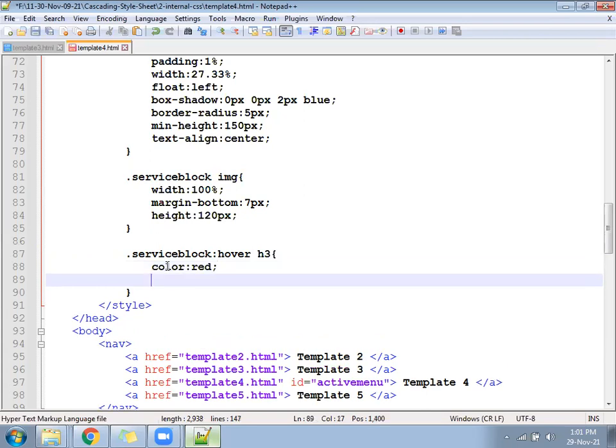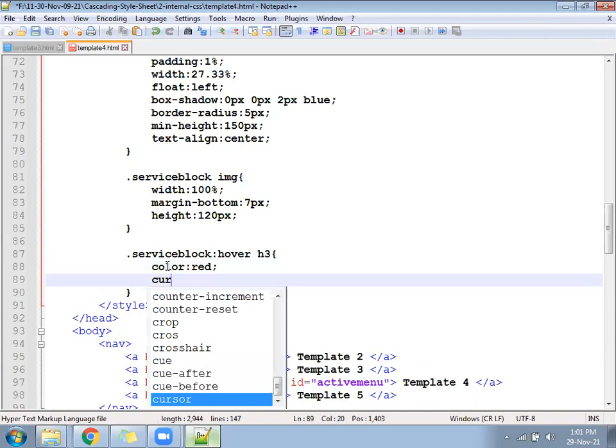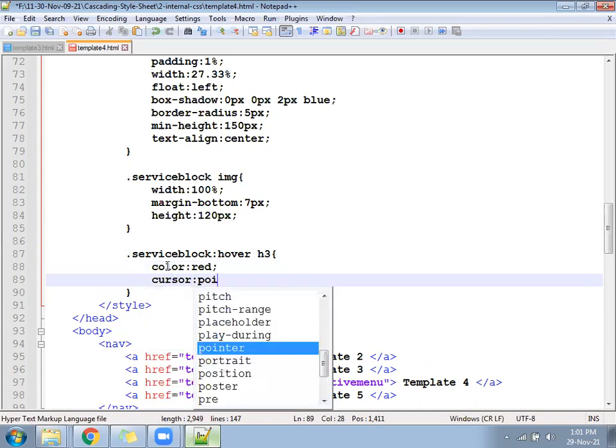Cursor colon pointer, we can write. Cursor colon pointer.